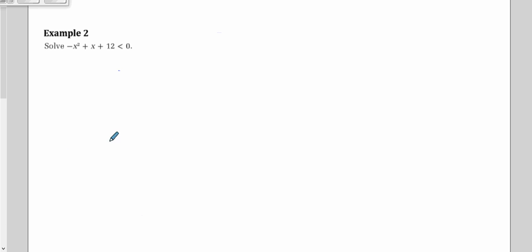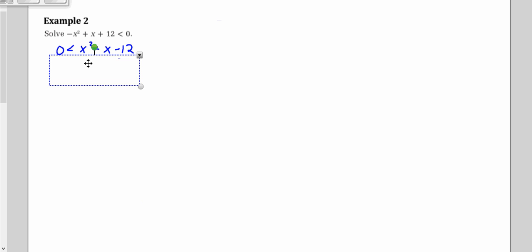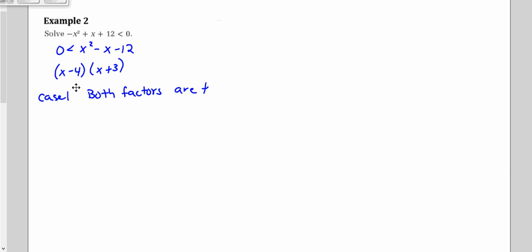In the next example, what we're going to do is use case analysis. What we want to do first is rearrange this equation so that our x² term is positive. It's always just easier to work with the positive coefficient. So we rearrange that, and then of course we're going to factor again. Once we factor, I don't think I wrote it down, but our values that we're going to be